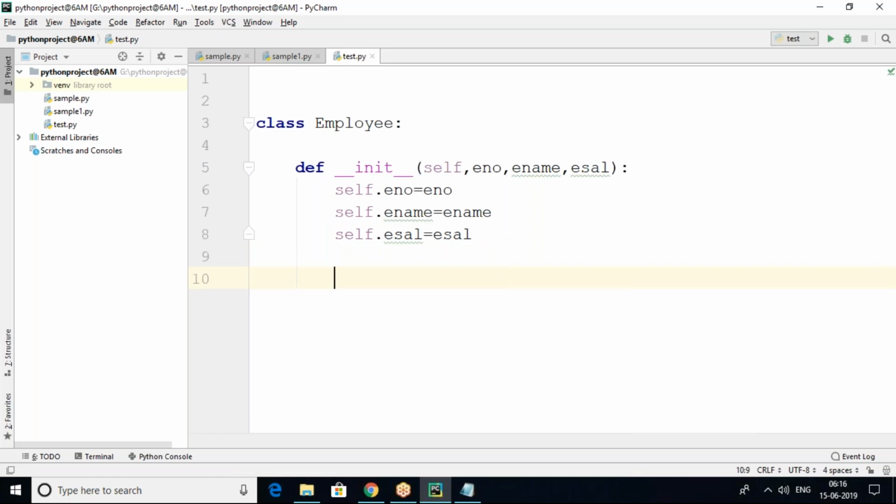So this is the constructor, and we have a method also to display the employee details.